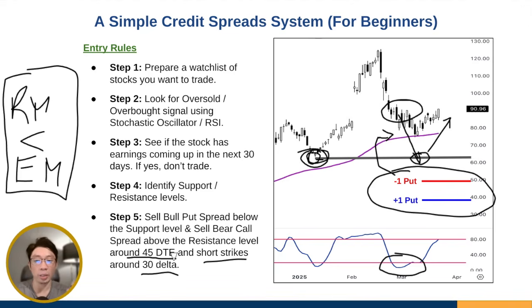So what do you do then if you cannot find the short strike that is 30 deltas by the time you see this oversold signal? What you've got to do, very simple, just wait for the price to trade a little bit lower. Once the price trades a little bit lower, the same strike price we were looking at previously, maybe it was 10 delta, could now get a higher delta because now it's closer to where the current market price is. So maybe it's gone up to around 30 deltas,